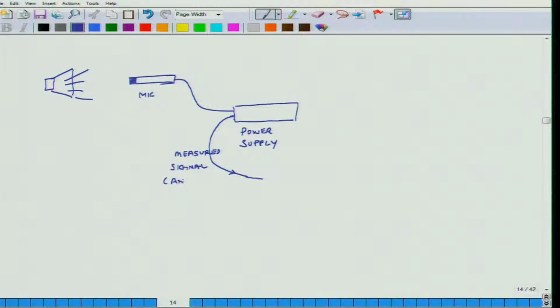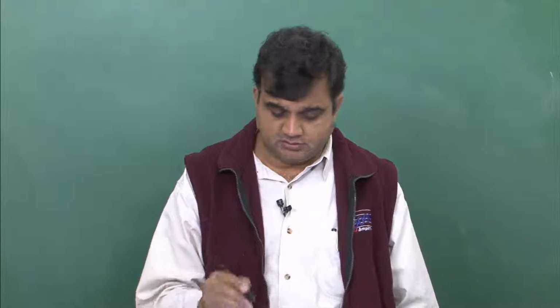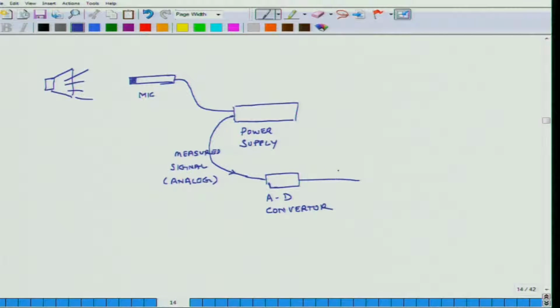So I get measured signal which comes out of this power supply, and this is analog data, and then I convert it into digital data, using something called A to D converter, analog to digital converter, or some people call it ADC. So here inside whatever signal is going in, it's some current or some voltage. What I am getting out is a string of zeros and ones. It's not a current or a voltage, it's a string of 0 and 1s. So this is digital data,